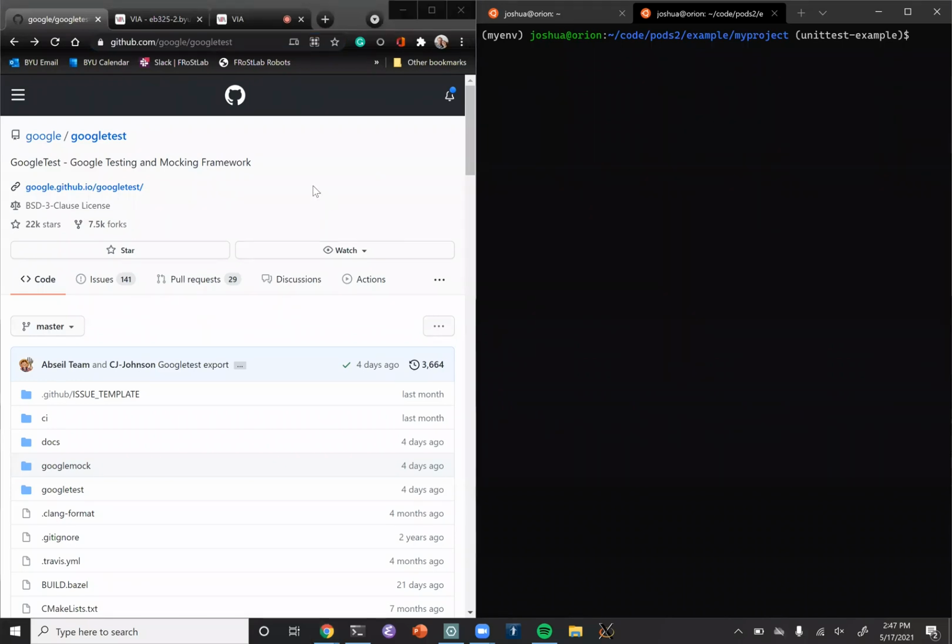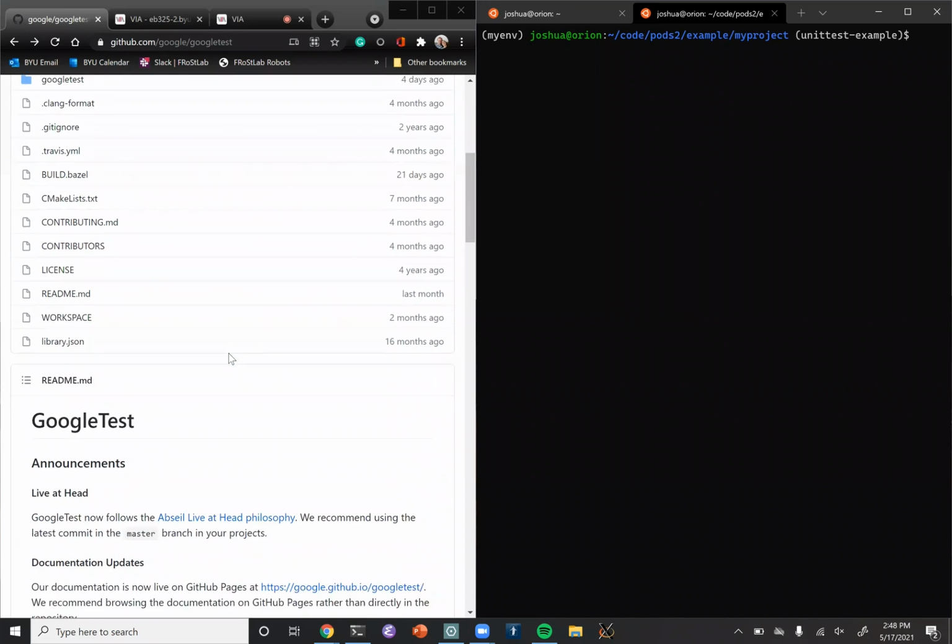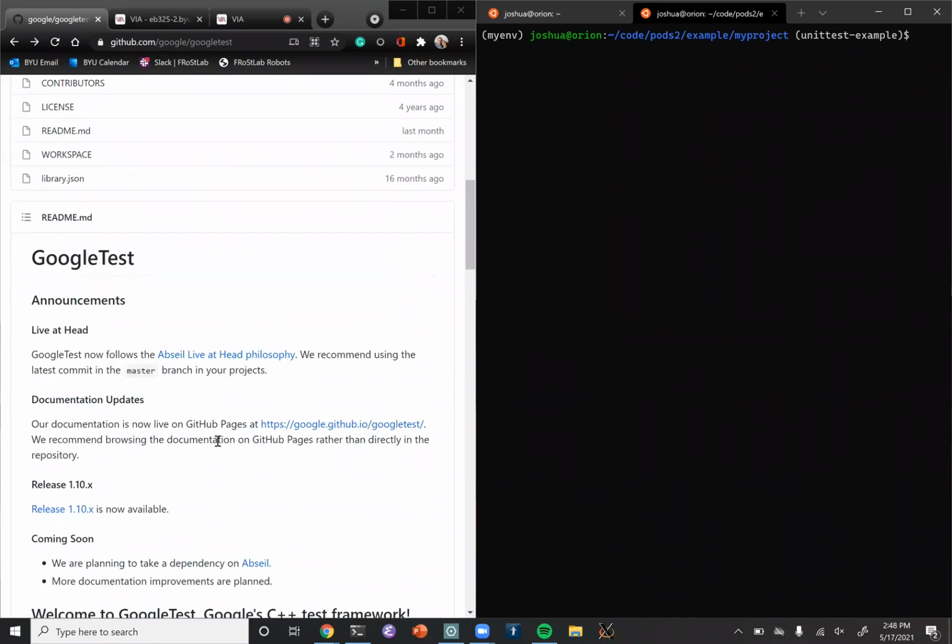All right. So if you just Google test, you'll be able to find this repo here. Then if you go to the website and scroll down into the README, remember, the README is displayed at the bottom or on the front page of the Git repo. So if you scroll down there, then you can click on